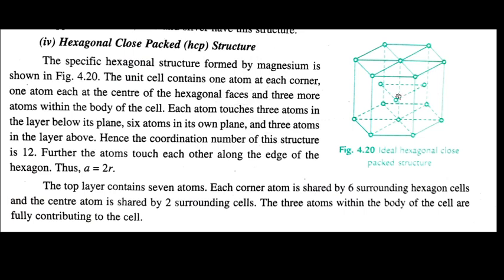Secondly, c और a के बीच में 90 डिग्री है, c और b के बीच में भी 90 डिग्री है, लेकिन a और b के बीच में 120 डिग्री है।